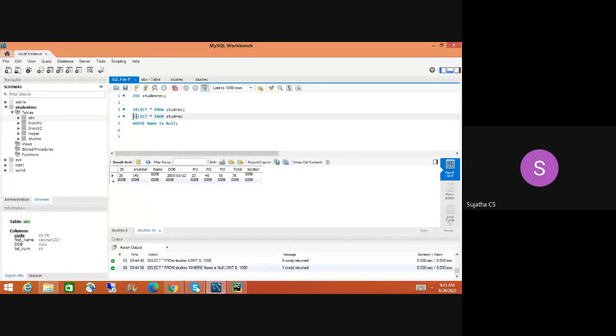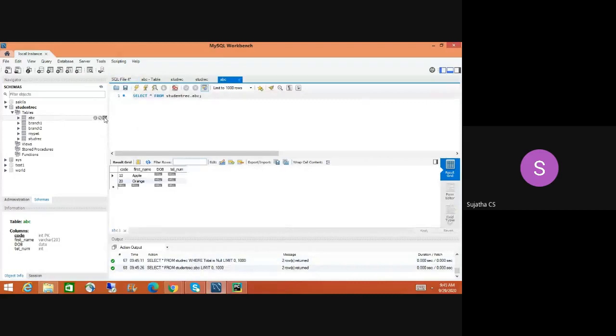Okay, let me change total. It should not display that. I have tested total equal to null. Okay, again it is taking it. Honestly speaking, before when I tried that manually, if you delete that one, sometimes it won't show you that it is not null. One second, let me do that.